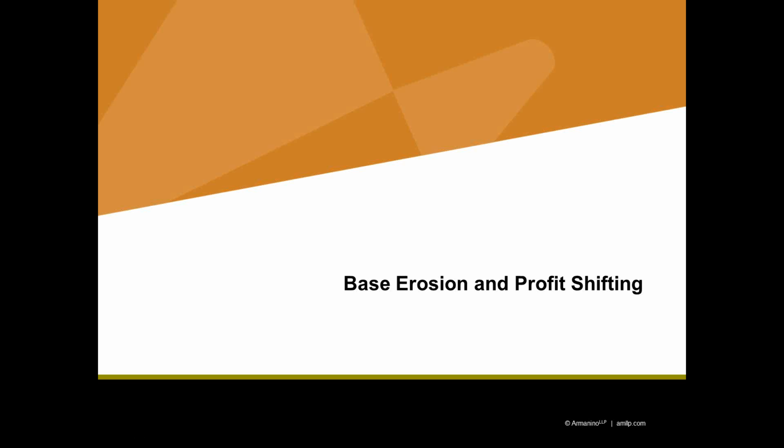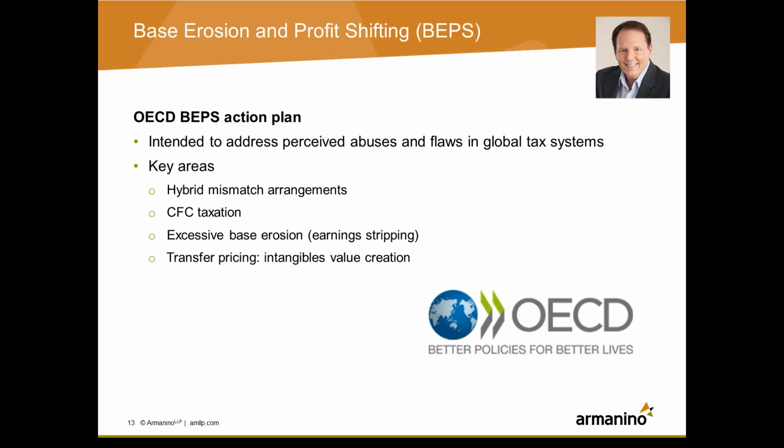All right, thank you, John. So base erosion and profit shifting, they go hand in hand. It's affectionately known as BEPS in the international community. It really should be called base erosion through profit shifting, because that's exactly what every industrialized country in the world, including the United States, is concerned about: they perceive that their tax base is being significantly eroded through what they consider abusive, or at least aggressive, tax schemes, particularly offshore IP structures.